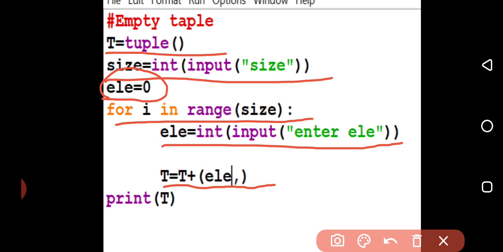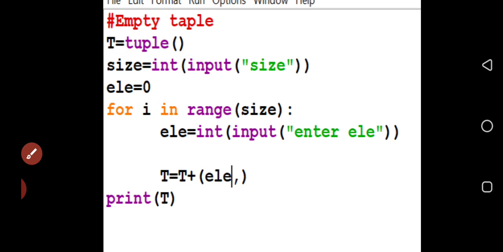T is equal to T plus ele. The element will change one by one, and this is considered as a tuple, which means one tuple can be added with another, and we are using that particular concept to take the runtime input over there. T is a tuple, and this is also considered as a tuple. So one tuple can be added with that one.